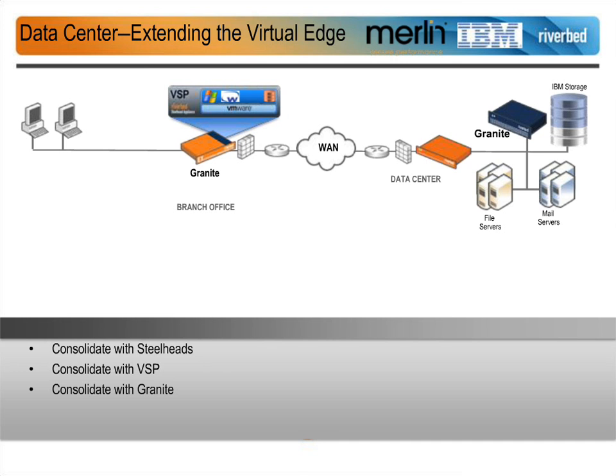And only the services that are locally required are running on top of that Steelhead. So another way of looking at it is that Granite decouples the compute component of a server from its disk over very, very large distances. Right? So where in the data center you've already invested in storage, you've already invested in virtualization, and you would like to extend that out to the edge,